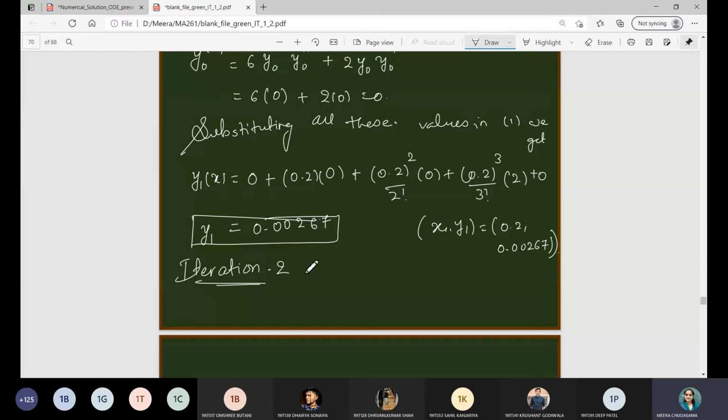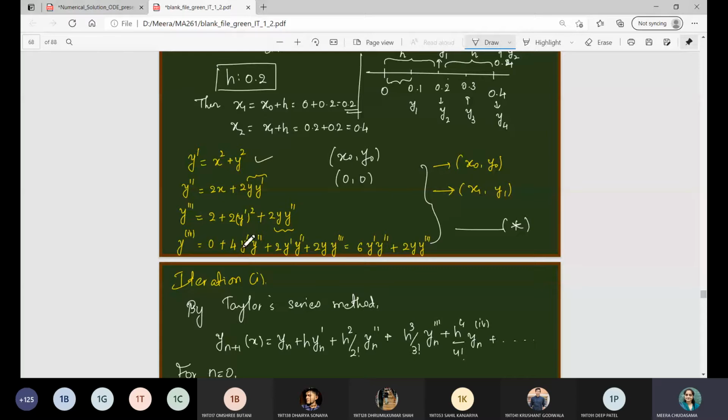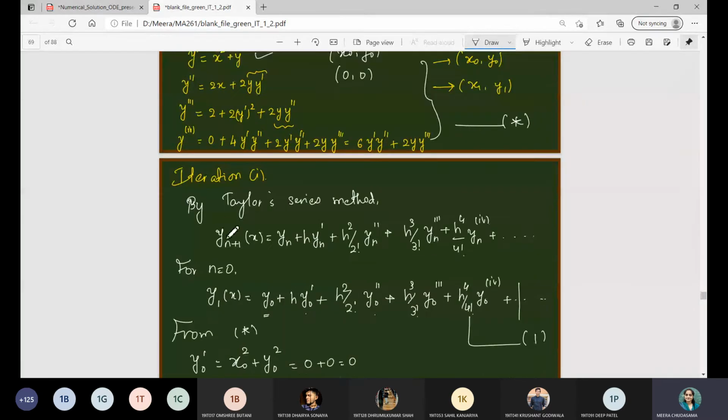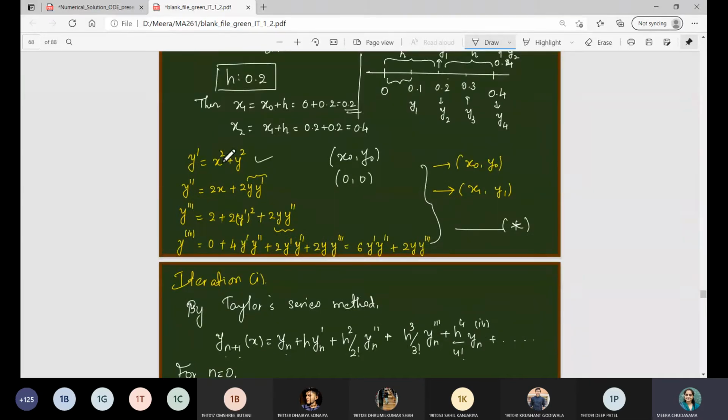because you need the value near 0.4, so for iteration 2 we compute with x1 and y1. What answer will you get? y2, and it will depend on the values of x1 and y1. So for that we need to consider all these 4 derivatives at x1 and y1, right? So let us consider one by one, because here this Taylor series expansion is what we need, y2 means I have to substitute n is equal to 1. So at that time y1 plus h y1 dash plus up to plus, so all these derivatives we need at x1 and y1. So we are going to compute these 4 derivatives at a point x1 and y1.